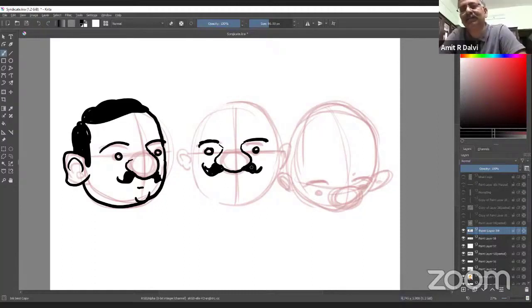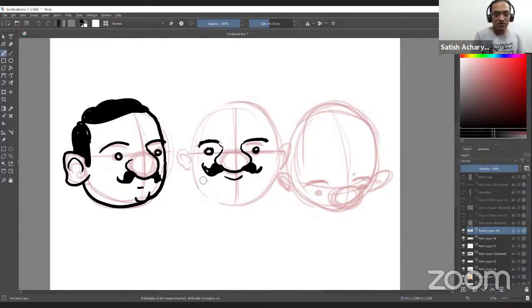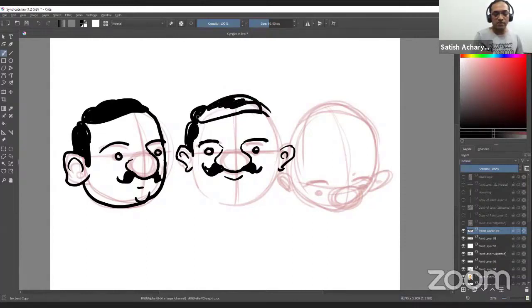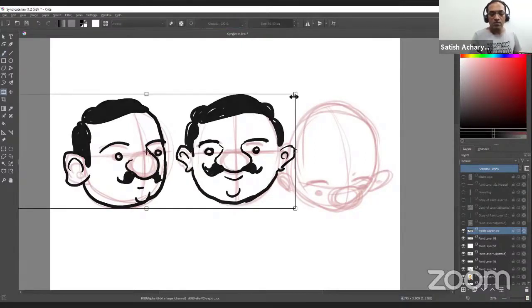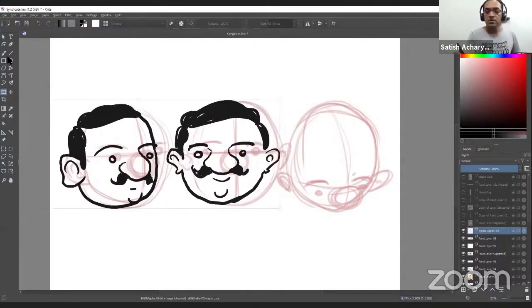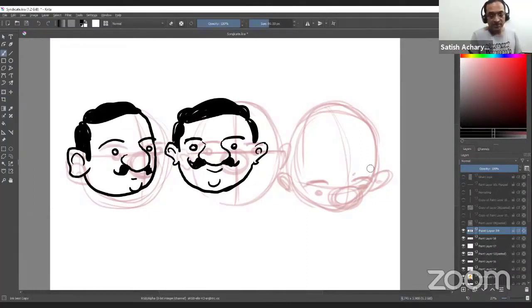And the same character looking from up looks something like this.